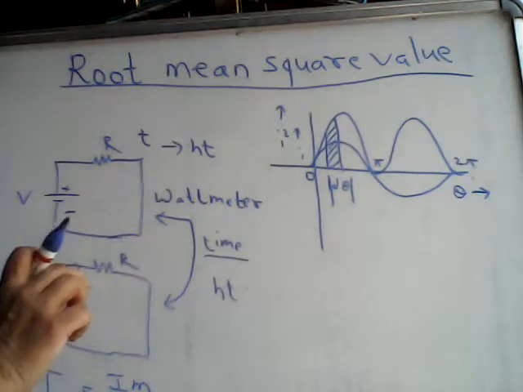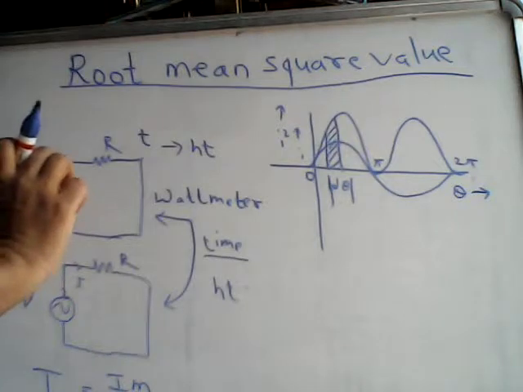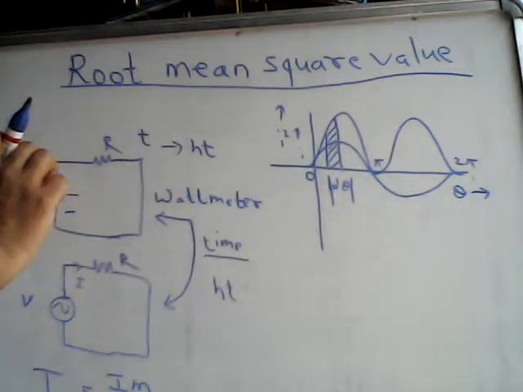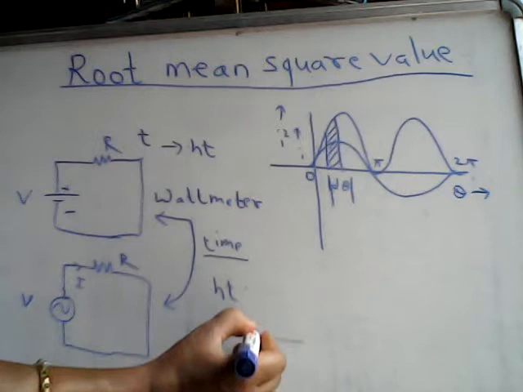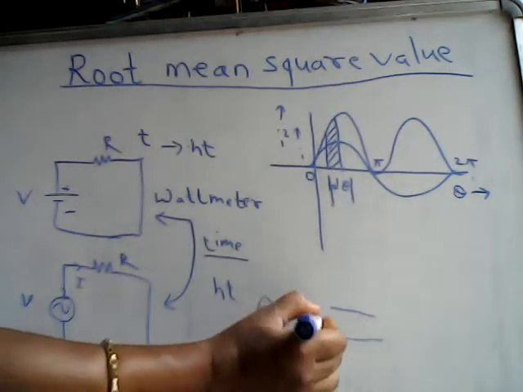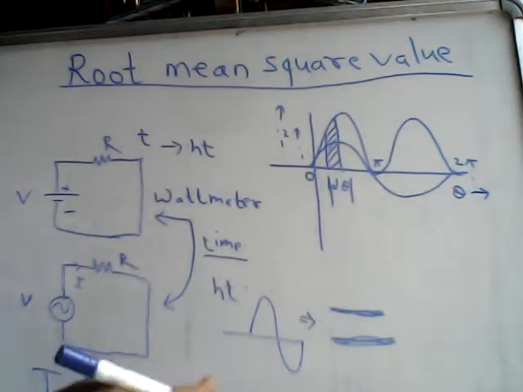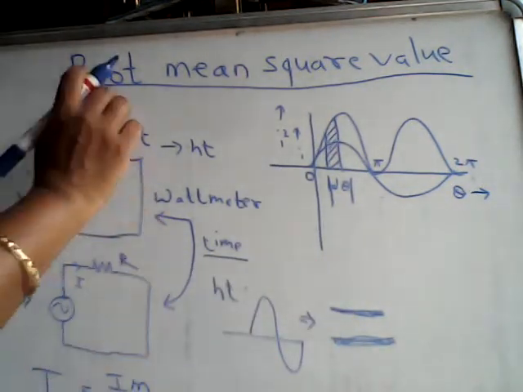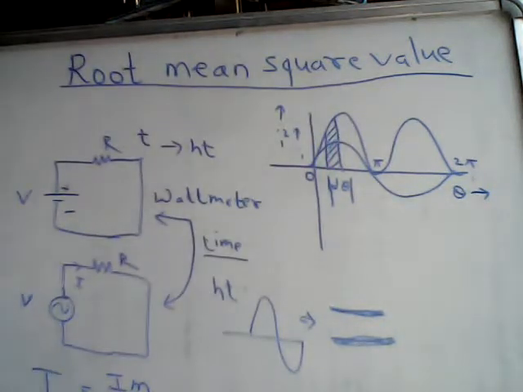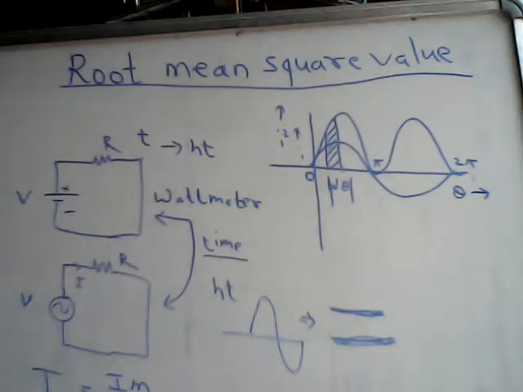Then we say that this alternating current value is equivalent to that steady state current value. That means what we are doing is, this is the alternating current value which we are going to convert into the steady state value, that is nothing but DC value, converting the AC into DC steady state value. That is done by making use of root mean square value, and this can be analyzed by making use of wattmeters. The two wattmeters are connected here,